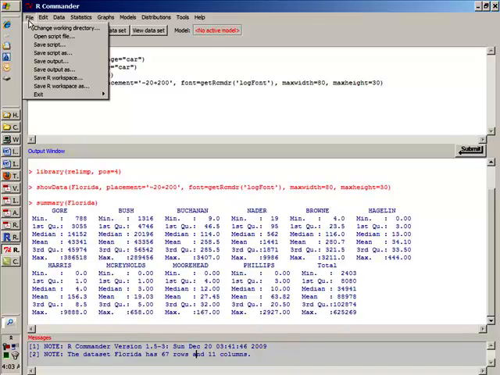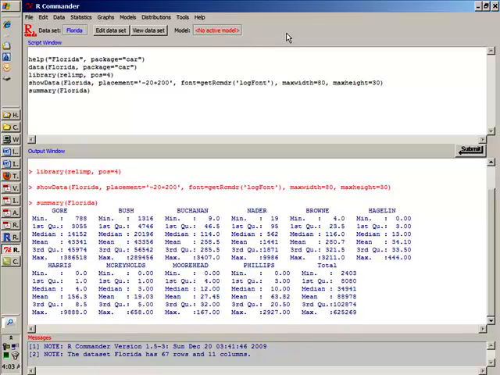If you're working in R Commander and you would like to upload files and save outputs, you need to specify a directory, and this is the command you use to change the working directory. So in our case, let me first create a working directory called R December 2009, so that I remember what I did here. So I will go into the file manager, and